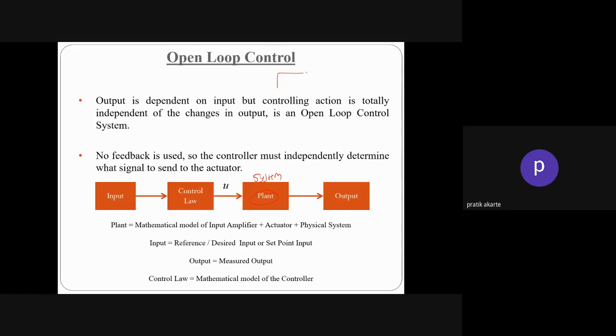A simple ceiling fan: the controller is the regulator, and the system or the plant is the fan. We're getting some output. What is the output? Output is rotation of the fan at a particular RPM,